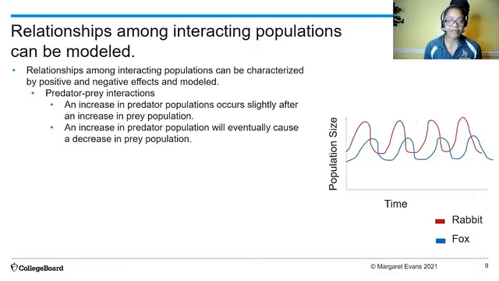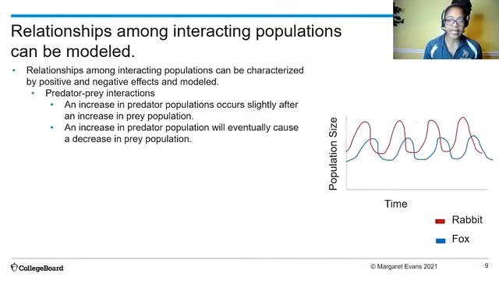If you notice in that graph, the rabbit is the prey and the fox is the predator. If you take a look at their increase and decrease in population size, you see that the fluctuations in the fox population are in response to the fluctuation in the rabbit population. So an increase in the predator population occurs slightly after an increase in the prey population. As we get more rabbits, that gives more food to the predators and allows them to live and reproduce and create more foxes. And you see that slight delay in increase.